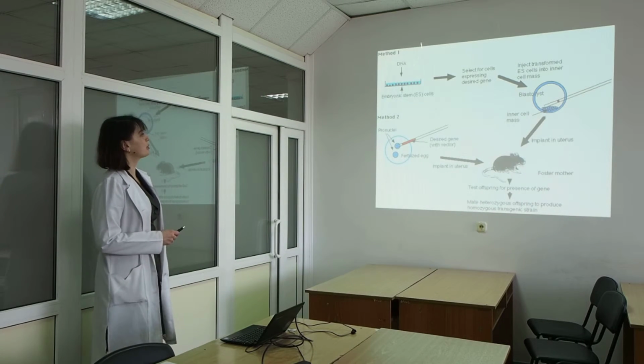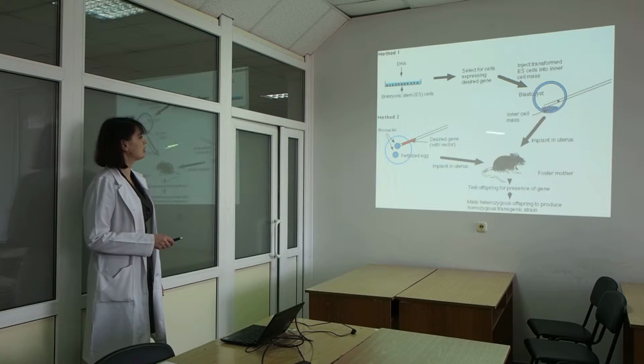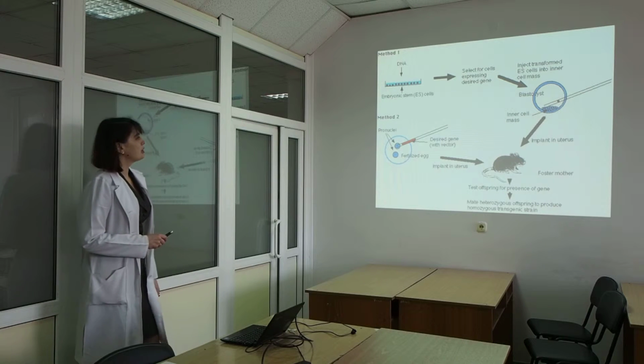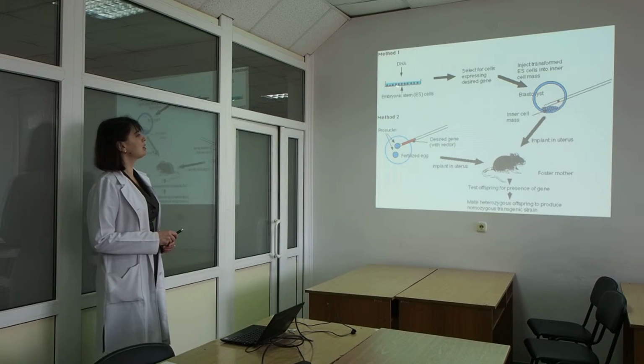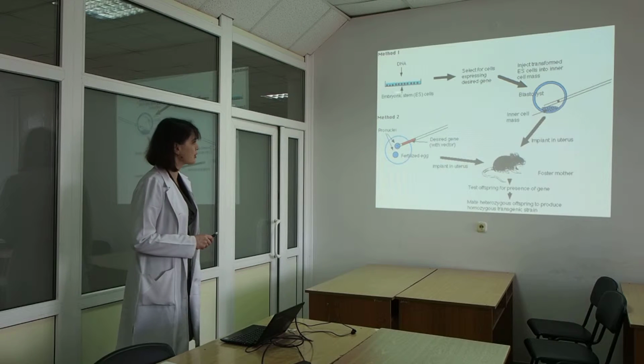There are two approaches, method 1 and method 2, to create the transgenic animal. DNA and embryonic stem cells: the DNA of interest is inserted into the